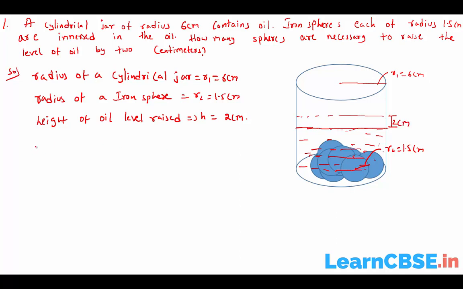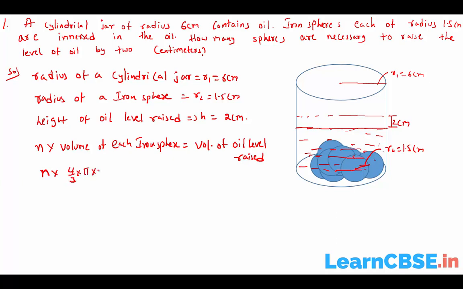Therefore, the number of spheres into the volume of each iron sphere equals the volume of the oil level raised, means n into the volume of each sphere, further pi into r2 cube, because r2 is the radius of the iron sphere, equals pi r1 square into h. Pi gets cancelled. n into 4 by 3 into, you can write 1.5 as 3 by 2, so 3 by 2 centimeter, 3 by 2 whole cube, that equals r1 square